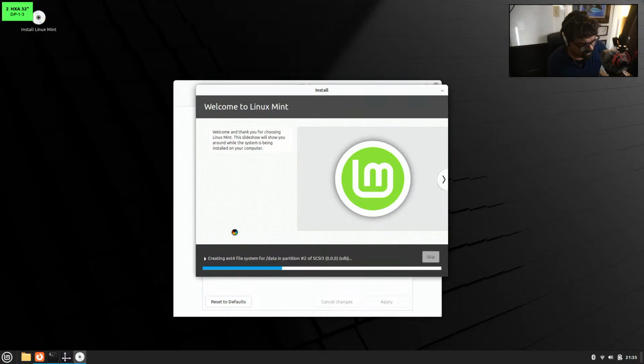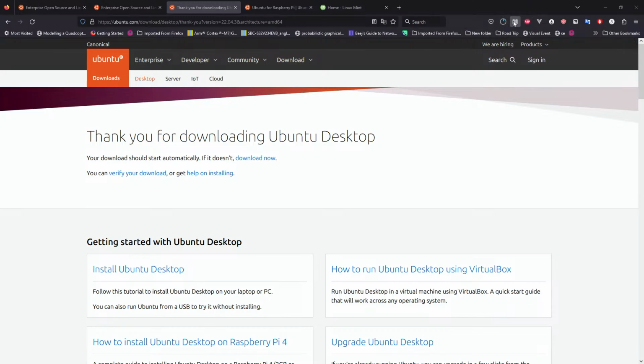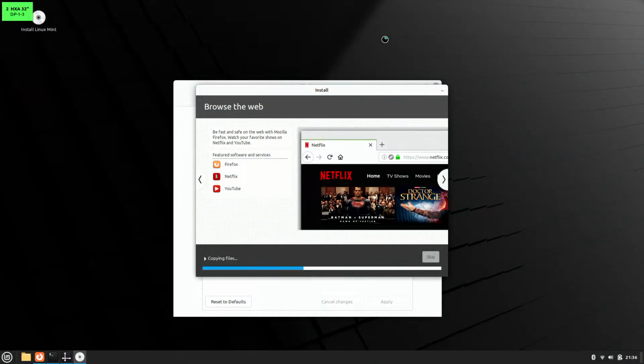Alright. In the meanwhile, let me go on to my Windows machine and see, and I'm pretty sure by now, yep, this ain't working. Okay, and we'll see what's happening in here. Alright, so it's gonna copy files and hopefully it boots properly. Because of the dual boot nature of this, it's probably going to be a...